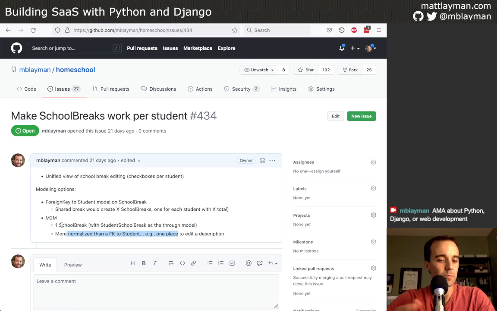So we need to modify the interfaces that use the school break, though, before we can actually connect this all together. Because what I don't want to have to do is modify the data and then not have the tools in place to actually make the code work. So I think what I want to do with this particular stream is the areas that actually use the school break, modify those APIs so that they consider a student and anticipate that change. And then ultimately, we can modify the data under the covers to actually then use that new API. So that's going to mean looking at some certain interfaces and adding the student as a parameter to those methods. And that'll be a little bit more clear as we get into the code.